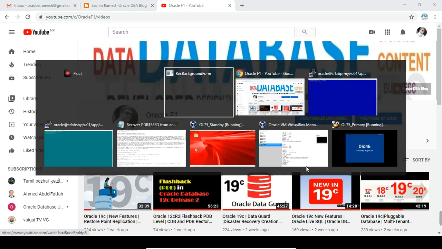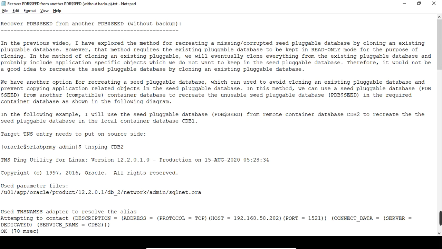So here I have come up with the documentation and steps. In the previous video, I explored the method for recreating a missing or corrupted seed pluggable database by cloning an existing pluggable database. However, that method requires the existing pluggable database to be kept in read-only mode for cloning.